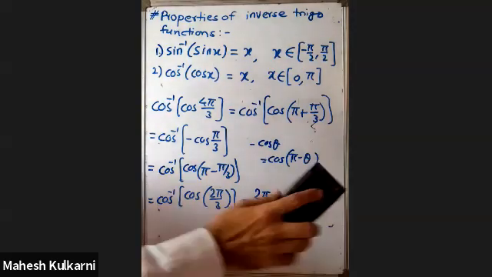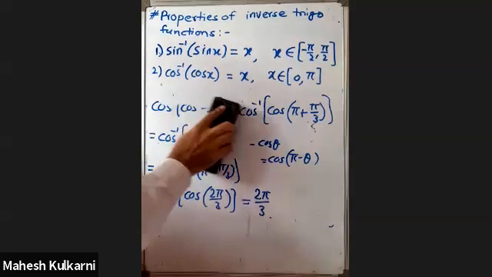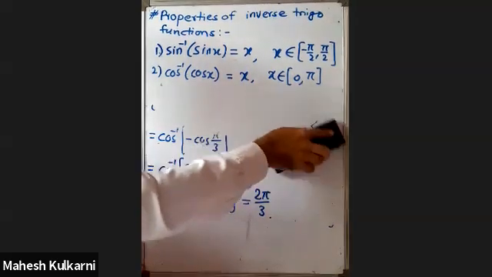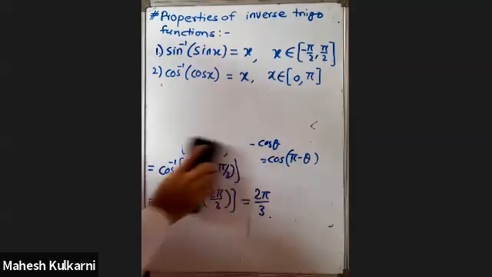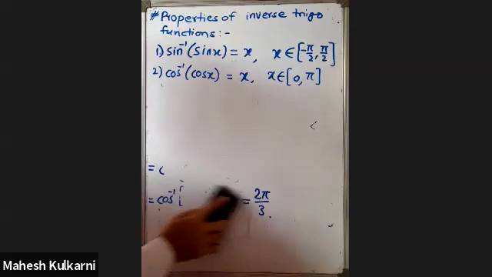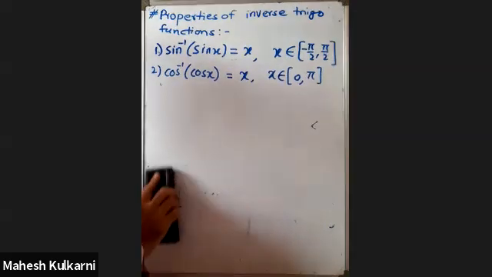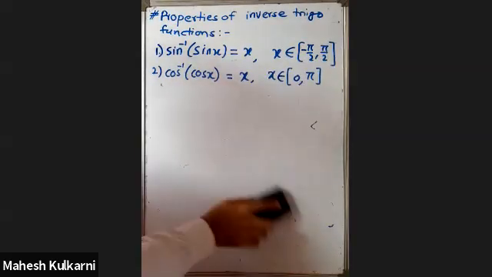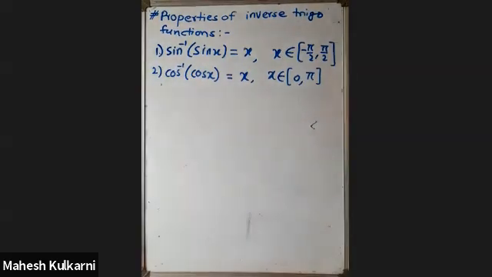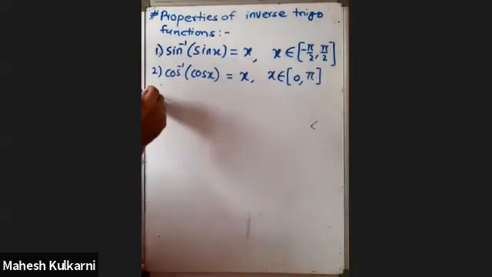So I hope now you have finished this. Just as we saw the properties for sine and cos, in the same way you can write all the properties for tan inverse, cot inverse, etc. So take the third one,